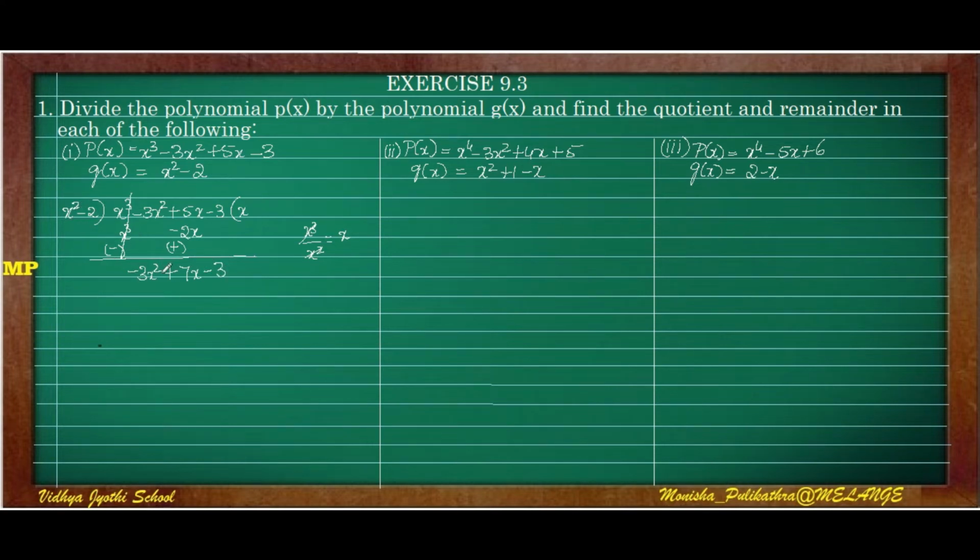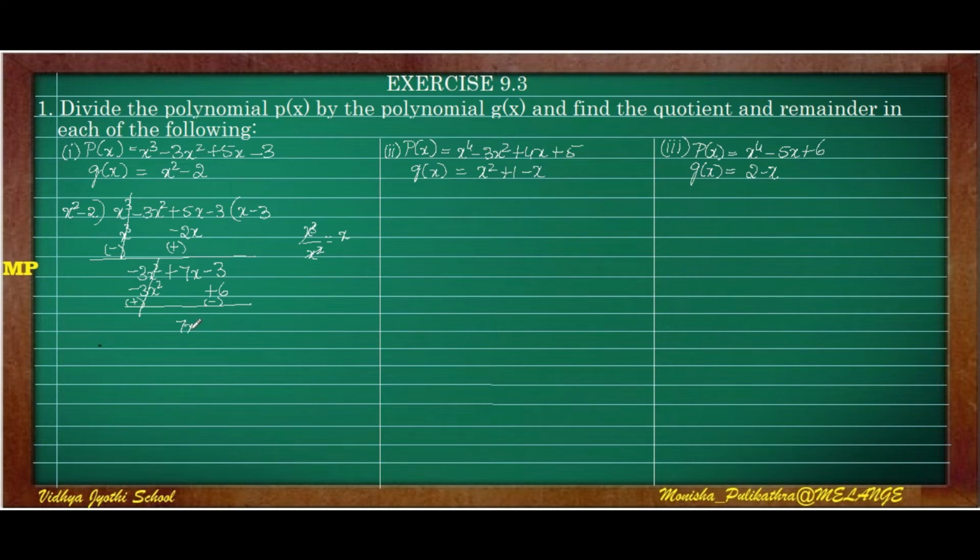Next, x square to become minus 3x square, we have to multiply x square into minus 3. x square into minus 3 is minus 3x square. Minus into minus is plus, 2 threes are 6. Here also we need to change the sign. After changing the sign, we have to neglect the center sign of it. The first and the last one will take charge. So minus 3x square and plus 3x square get cancelled.